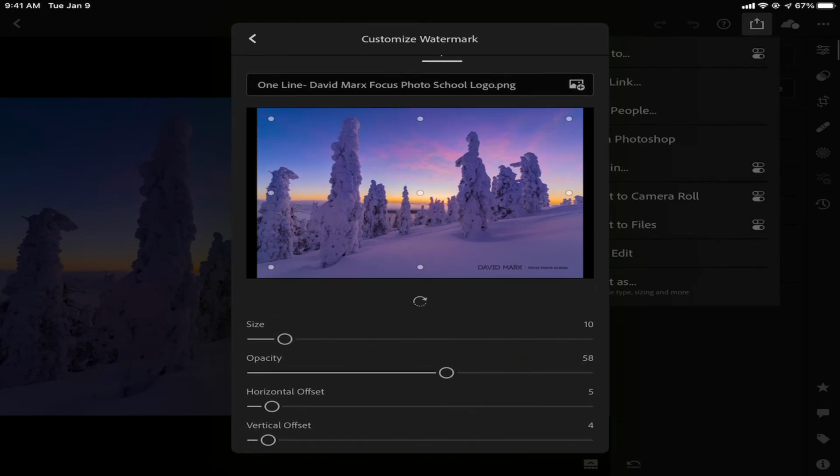But there's something even more impressive going on. The watermark that you see here in the bottom corner of this image, this is the exact same logo that I used a minute ago on my computer. You're going to have to trust me here, but I swear to you that I have never loaded this PNG file onto this iPad or any of my other mobile devices. This is the really revolutionary part.